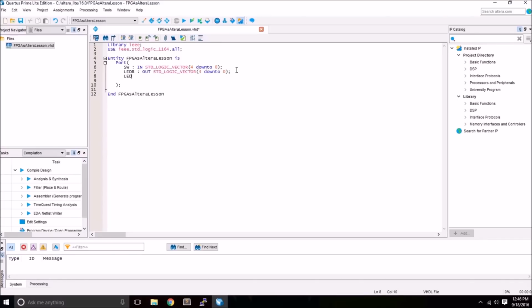And then LEDG green out. And that's a standard logic vector. And this is just going to be 1 down to 0, because this is the output of the multiplexor. And get rid of the semicolon because it's here. Now architecture behavior of FP begin. I'm not sure if I'm going to need signals for this logic, so I have a process,